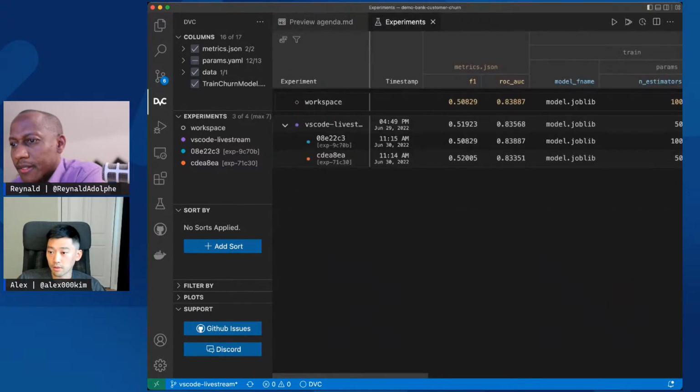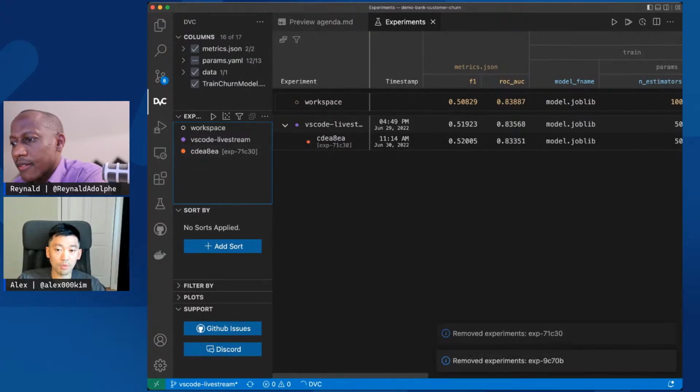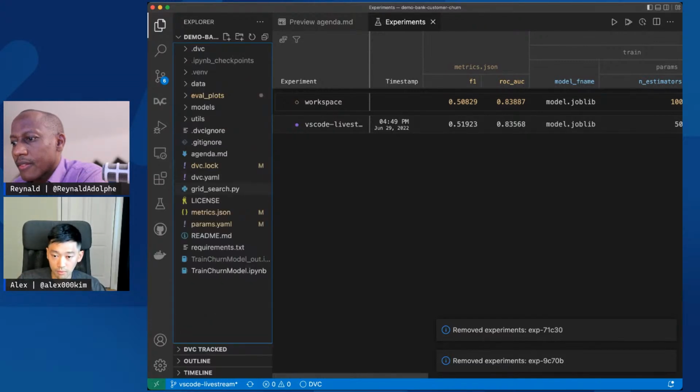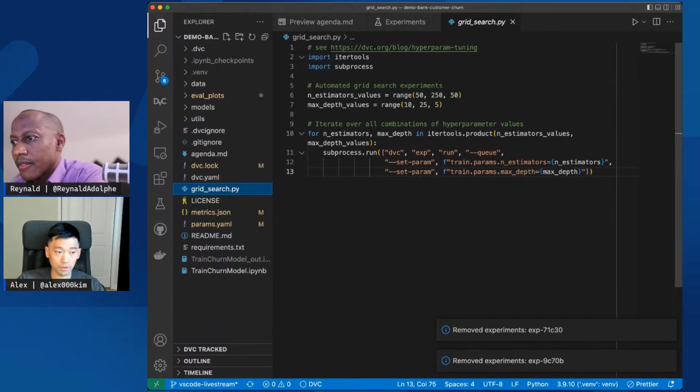Here, I generated two experiments manually, and that's totally fine if you know exactly what parameters you want to explore. But typically, we want to explore many combinations of parameters, right? And for this reason, I prepared this short Python script.